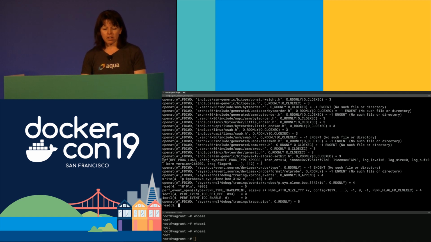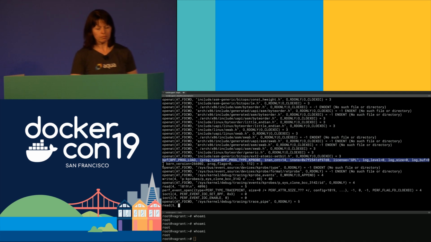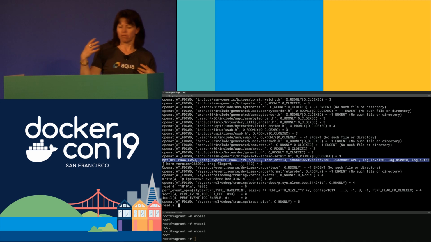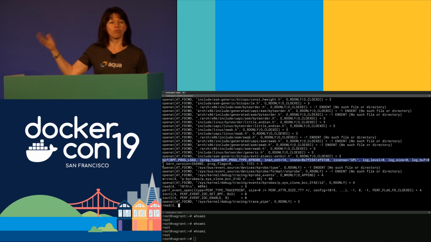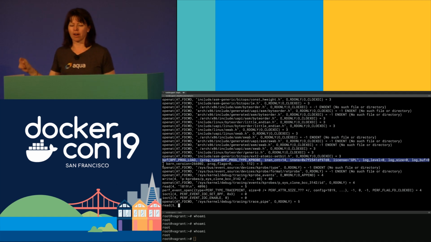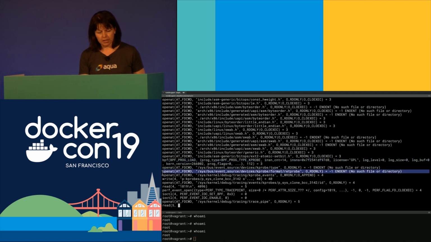But things start getting really interesting around here, where we see our first BPF system call. You remember it said there are various operations, and in this case, the operation is prog load. This is loading our program into the kernel. Then a selection of things, there's a couple of attempts to look for files that don't exist, and then we